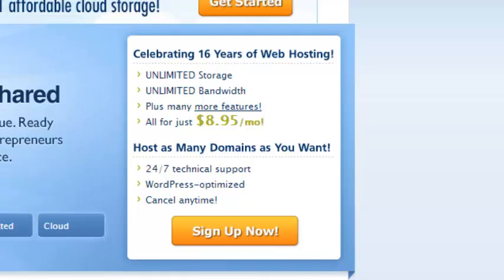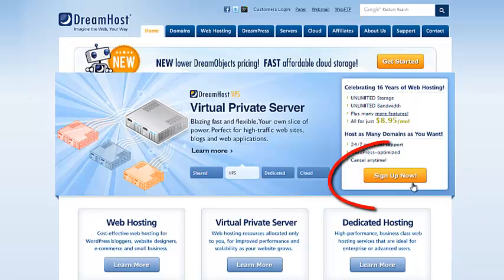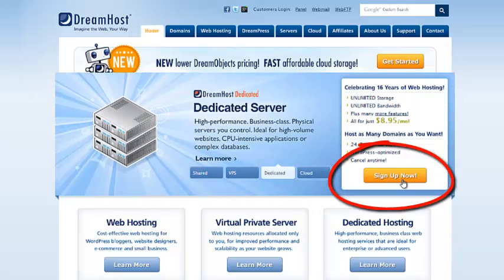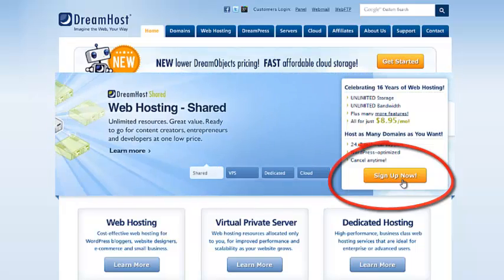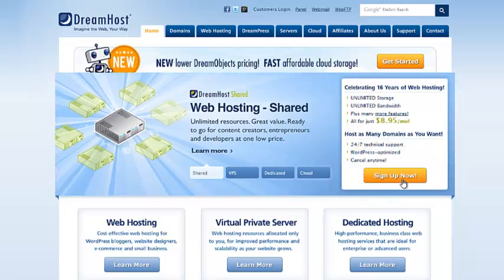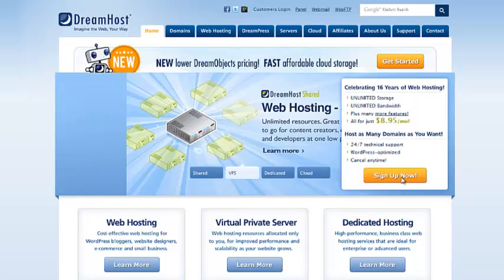So the first step is clicking the orange sign up now button or get started button. And depending on when you find this video, if you find it a year from now, there's a good chance that they have changed their layout and the way things look. But what you're basically going to do is follow the instructions, look for the sign up now button, follow the instructions, and you should always be able to use the promo code that I'm going to provide to you to save you that $20. So I'm just going to click the sign up now button,